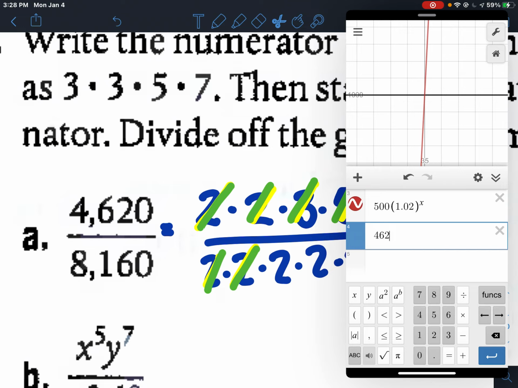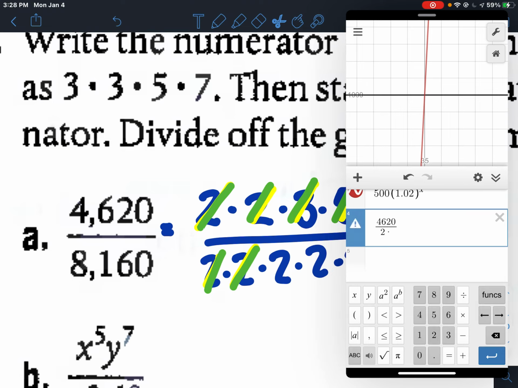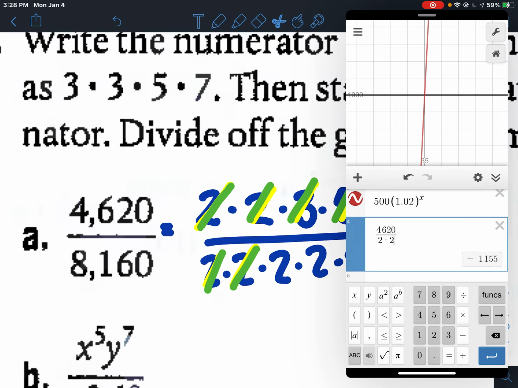So I'll do the first one, 4,620. Okay, it's even, so I'm going to divide by 2. Still even again, so I'm going to divide by 2 again. Now I see a 5 there. I know it's divisible by 5, so I'm going to divide by 5. Okay, then